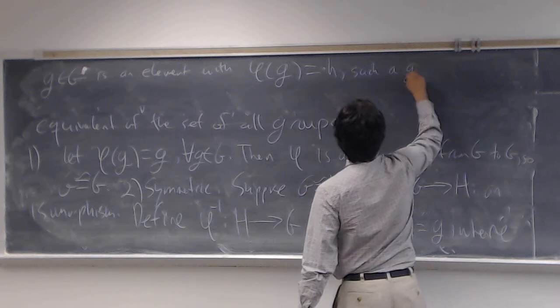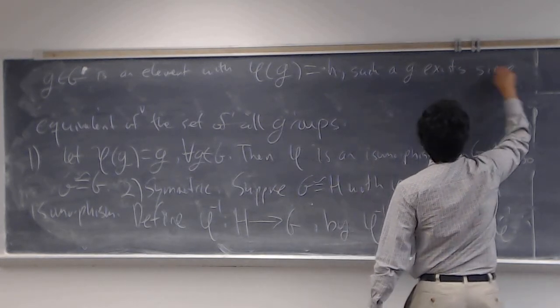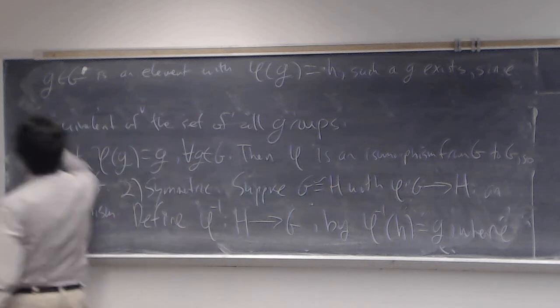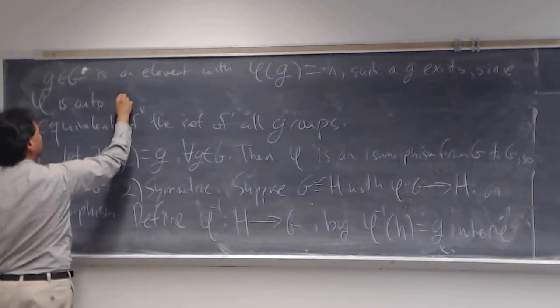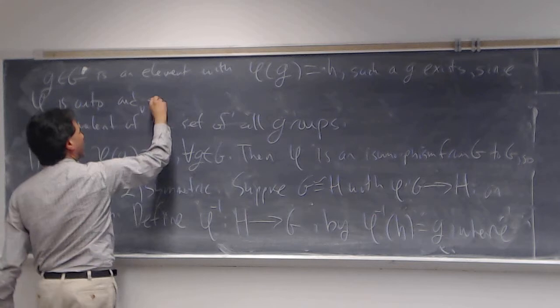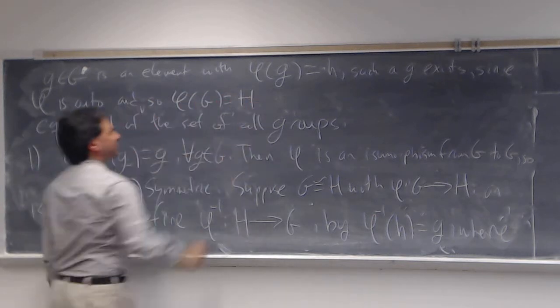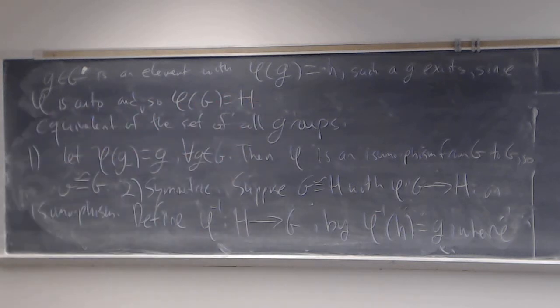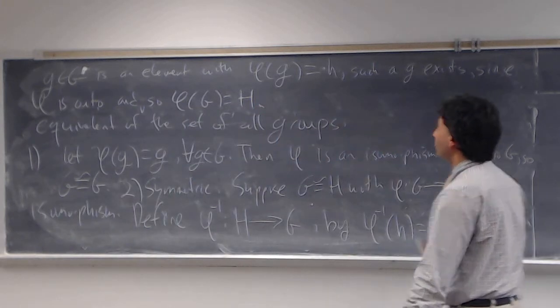Such a g exists since phi, being an isomorphism, is onto, and so its image, phi of G, is in H. In other words, anything in H has to be the image of an element of G plugged into phi. So there's a well-defined issue right off the bat, right? The question is,